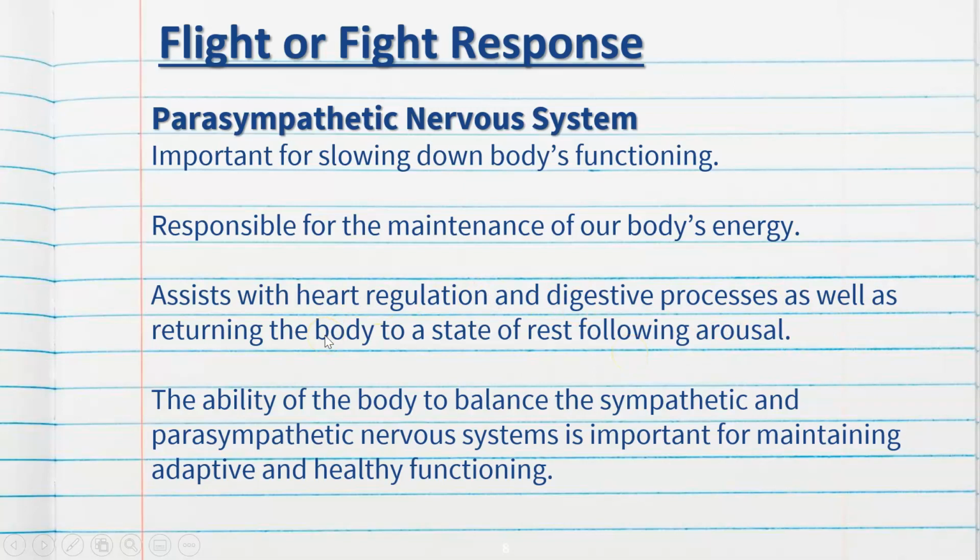So the ability for the body to balance the sympathetic and parasympathetic nervous system is important for maintaining adaptive and healthy functioning. The body is not built to sustain a flight or fight response all the time. It should only be when necessary and for very short bursts. If we were in flight or fight mode all the time, the body wouldn't be able to handle it and our systems would shut down. So our parasympathetic nervous system, even though it brings us back down to normal resting levels, it's very important that